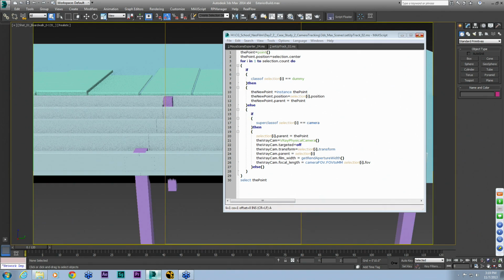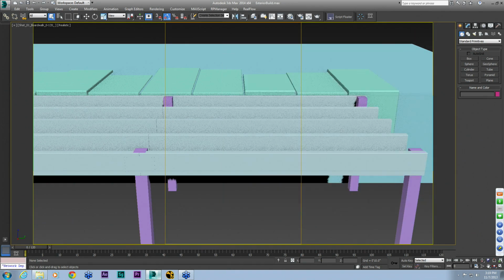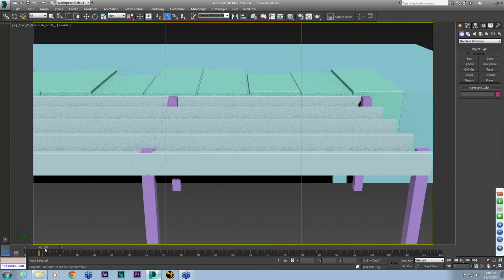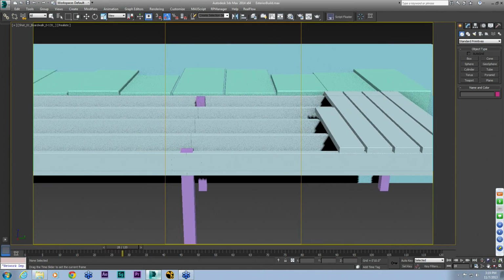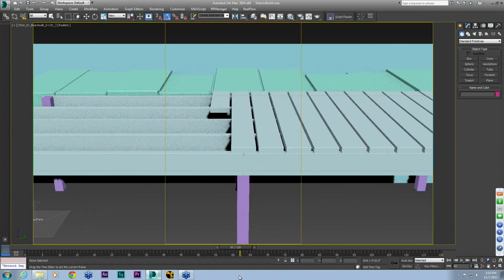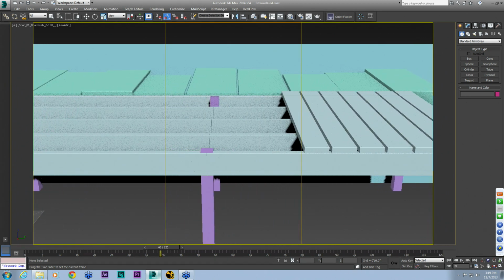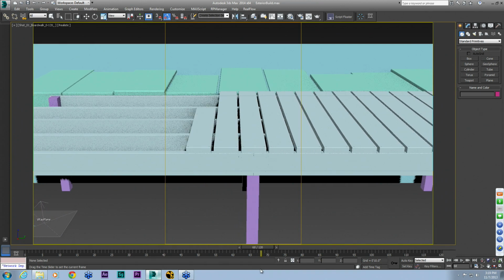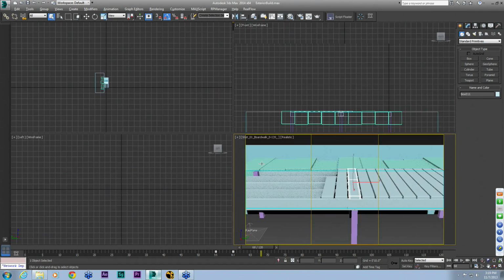So I'm going to jump over into Max here. The first example that I've got is based off that boardwalk shot in the movie that we just took a look at, with the boards kind of sliding on like this. And there's a few different ways you could go about something like this. It's kind of hard to see up there on the screen, but if we take a look at